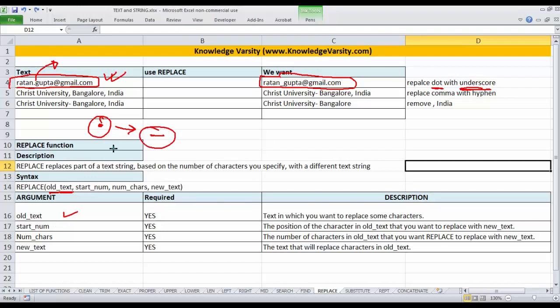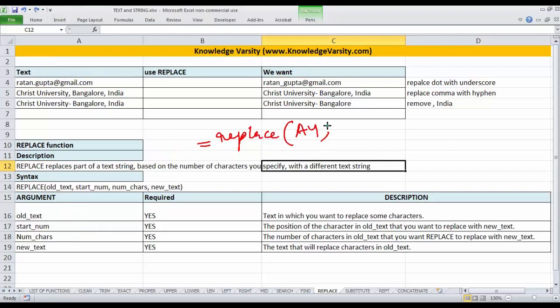So you use the function REPLACE and specify the text, which is, let's say, A4, and then the starting number. Please note the starting number will be 6, counting 1 2 3 4 5 6. Then the number of characters I want is 1, and the new text I want is an underscore.